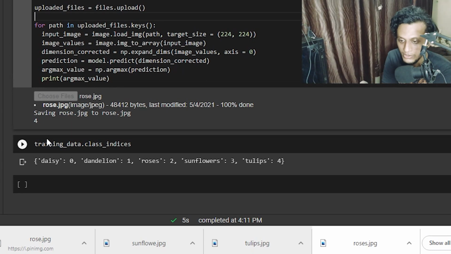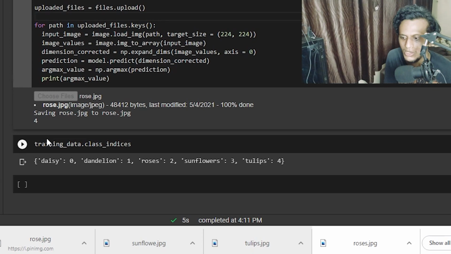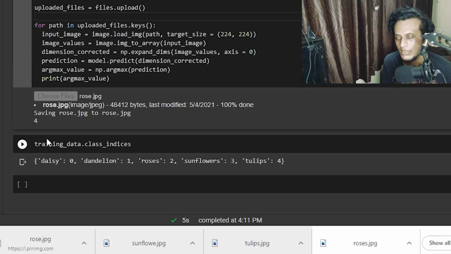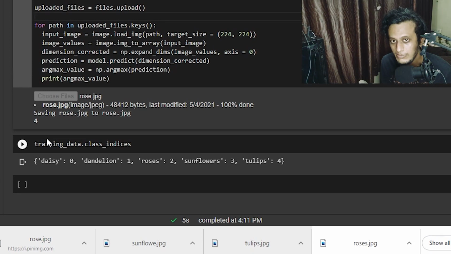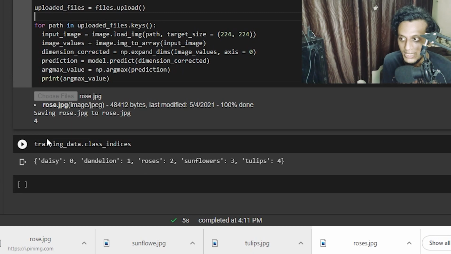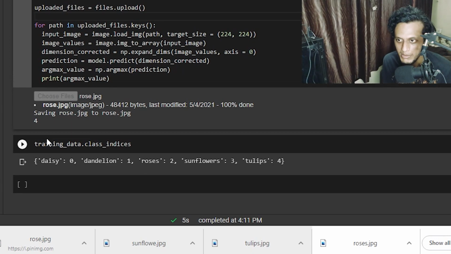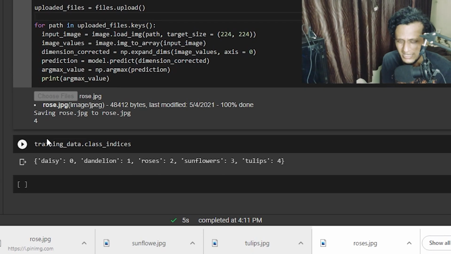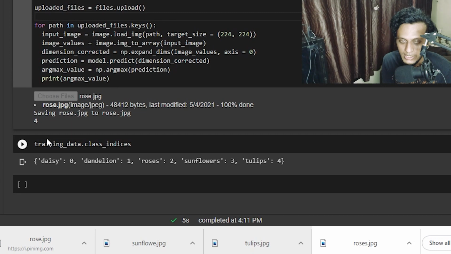In the next video, I'll try to improve the accuracy of this network. That tutorial will be on how we can increase the accuracy, and then in the few upcoming videos we are going to look at very important concepts like transfer learning and data augmentation, with which you can make this network extremely powerful so that it can classify any image. You don't have to specifically worry about it. I hope that you might have gained something or the other from this tutorial.